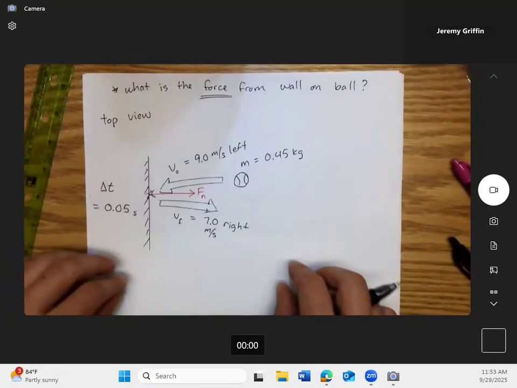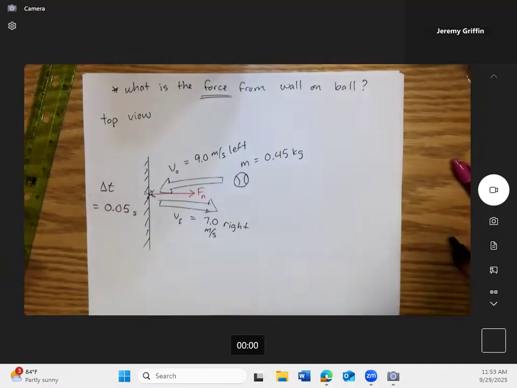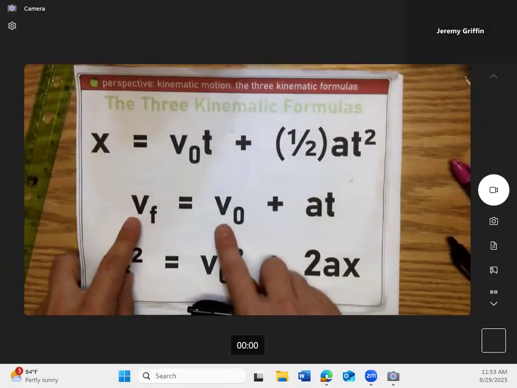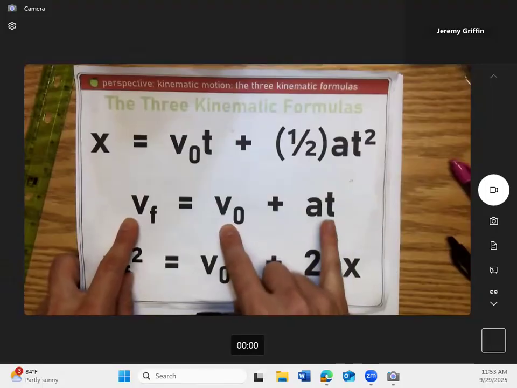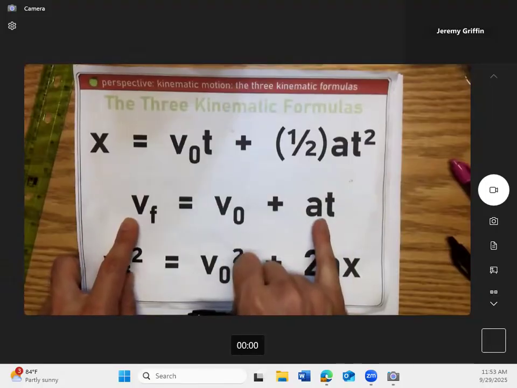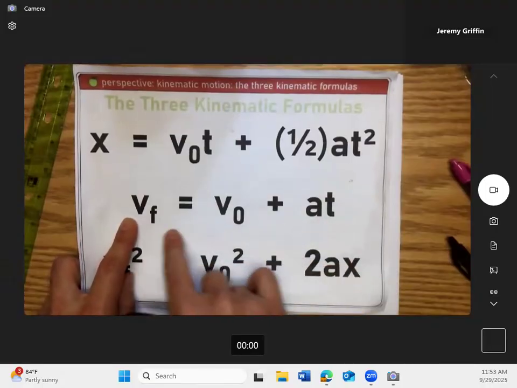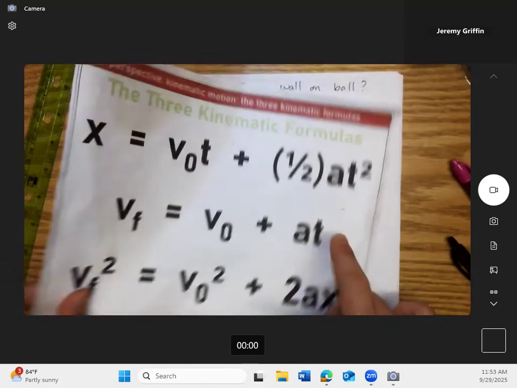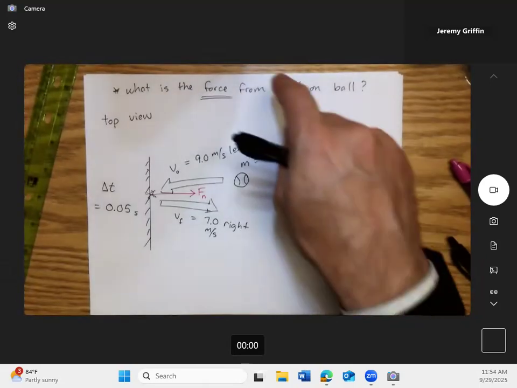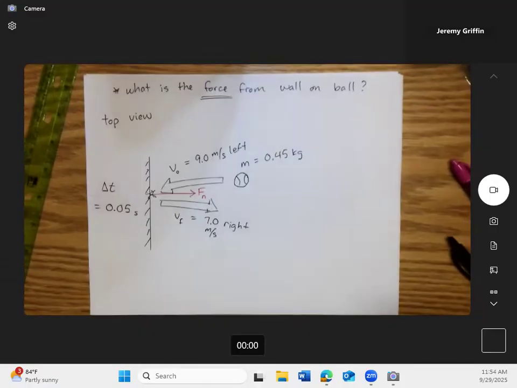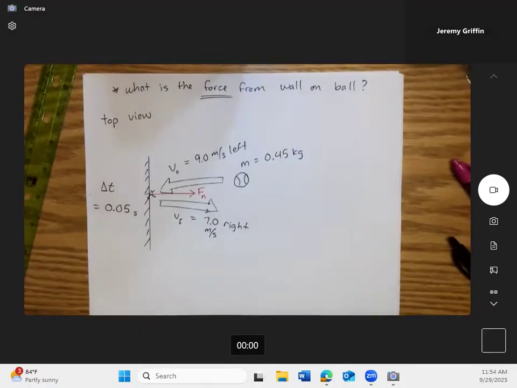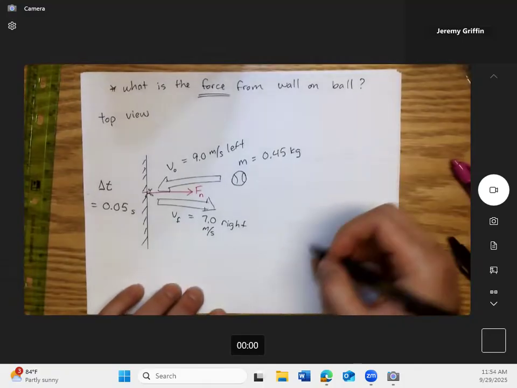So big picture here. What's one formula you're going to need to solve this? Kinematic. Okay, there's a kinematic half of the story. Because if there's a velocity change in some time interval, is there an associated acceleration? And after you solve the acceleration and you have mass and you want force, you also need to apply what? Yeah, F equals ma. Newton's second law.